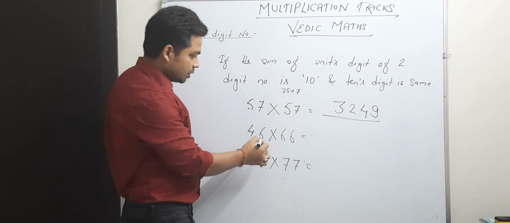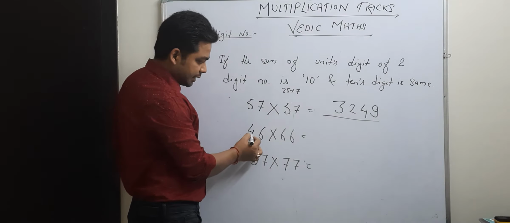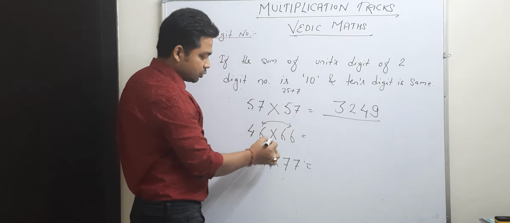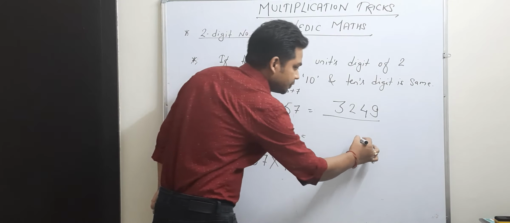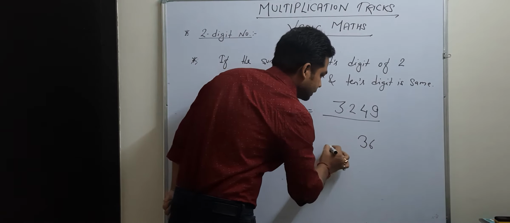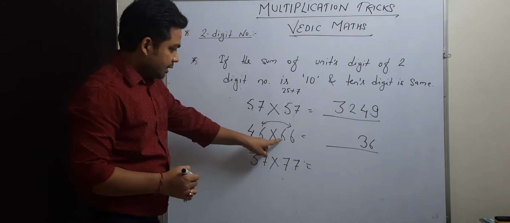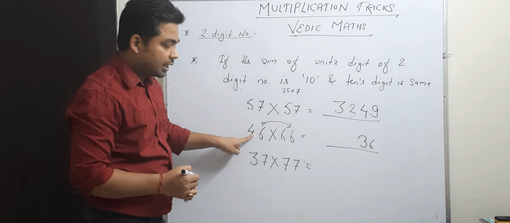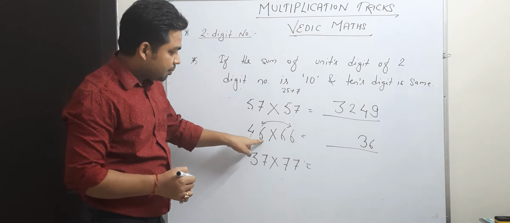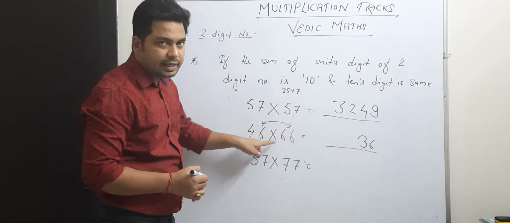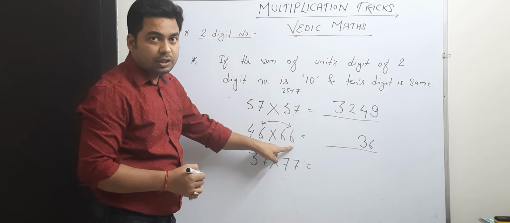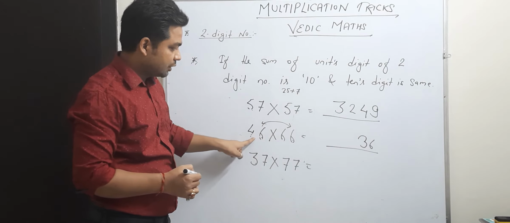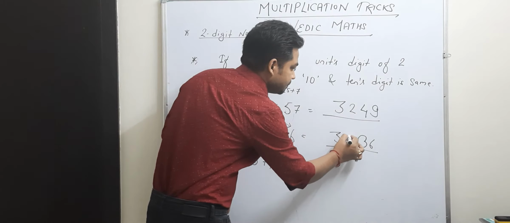Okay. Now see the next one. In this case also the sum of the tens digits is 10, 6 plus 4, and the units digits are the same. Okay, so I multiply the units digits first. 6 6s are 36. And then we multiply the tens digits. 6 4s are 24, and 24 plus 6, you can take any 6, because in both cases the units digit is 6. So we first multiply 6 4s are 24 plus 6, that will be 30.